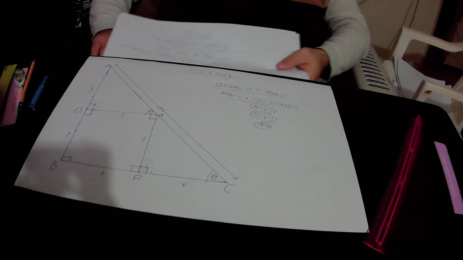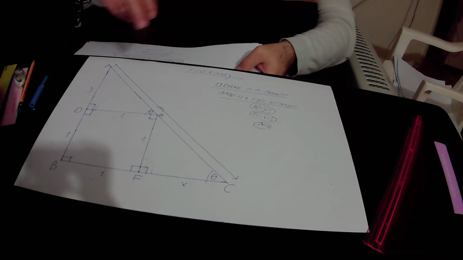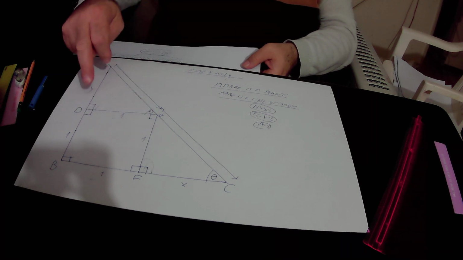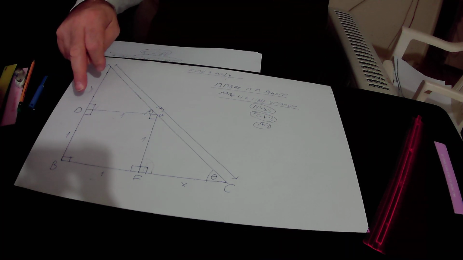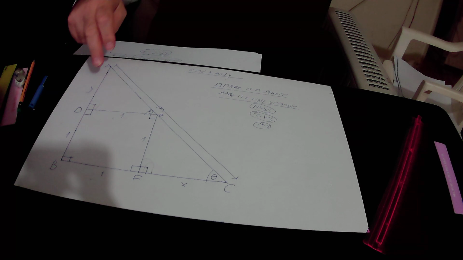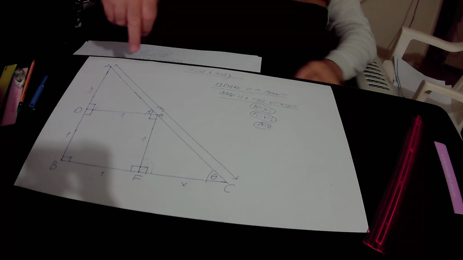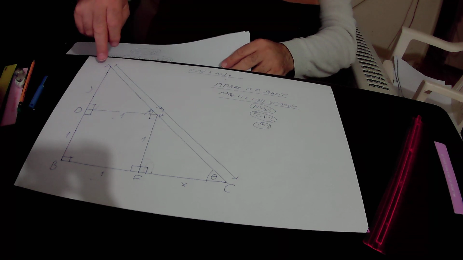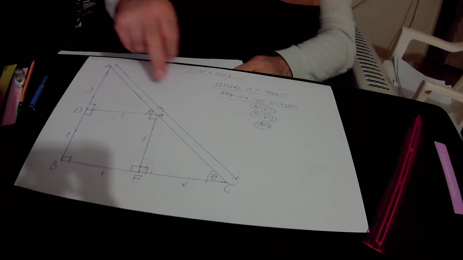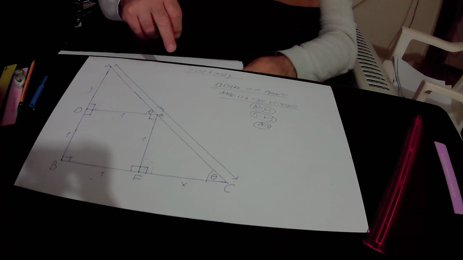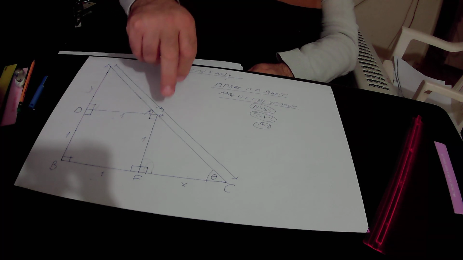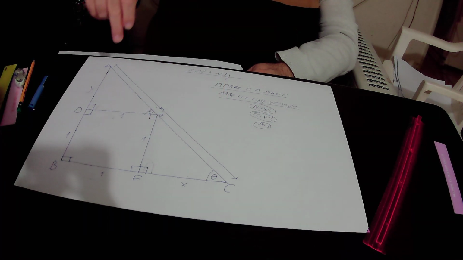I repeat again, we have here square DEBF. We know that one side of this square is equal to 1 unit. The square is inside the right triangle, triangle ABC. We know that the hypotenuse of the right triangle, triangle ABC, that is to say AC, equals 3 units, and we want to find the values of line segment FC that equals X and line segment AD